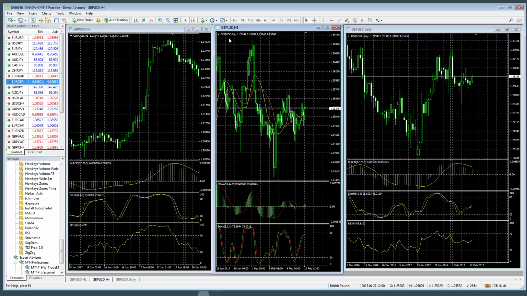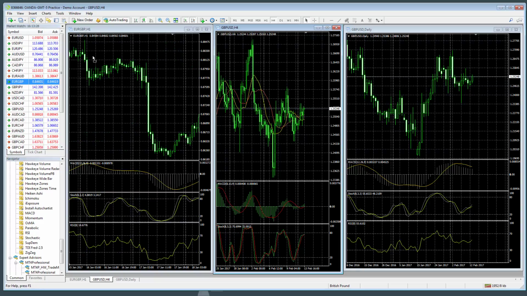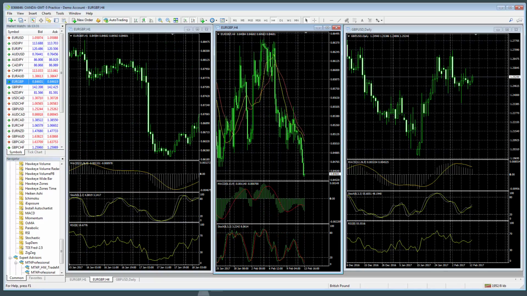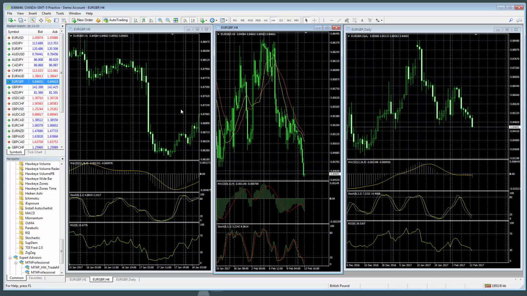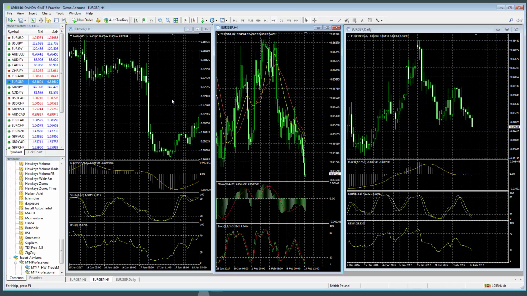I need to change the symbol on this. So I'm going to go over to the euro pound. I've got to drag and drop that onto each and every chart. There's no way for me to link these or time them up. If I wanted to see if this trade was setting up,